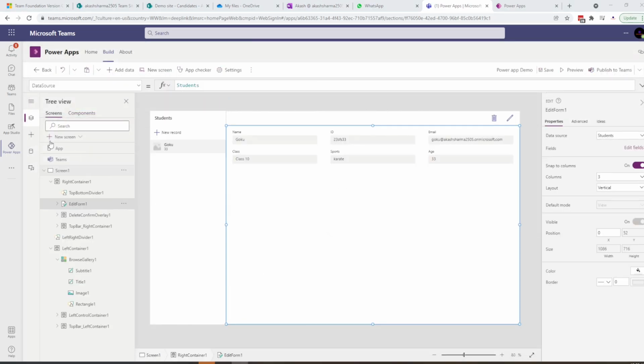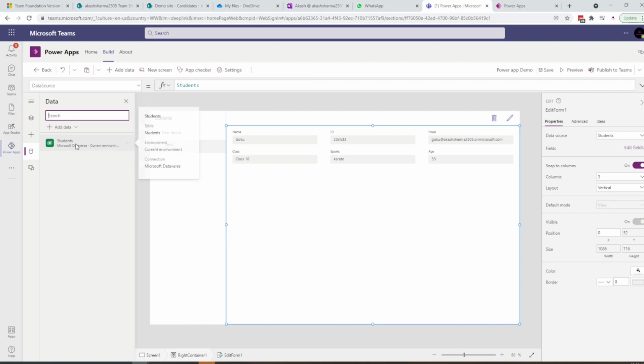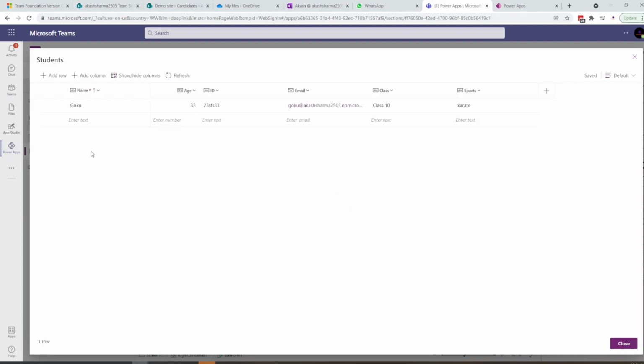So later, if you want to add more rows to the table, you can always go back to the data source and select your table students and right click and click edit. This will open the same window again and take you to the previous pop-up where you added your first row, and you can add more rows here, but there is a richer experience where even more features are available. So let's check that out.